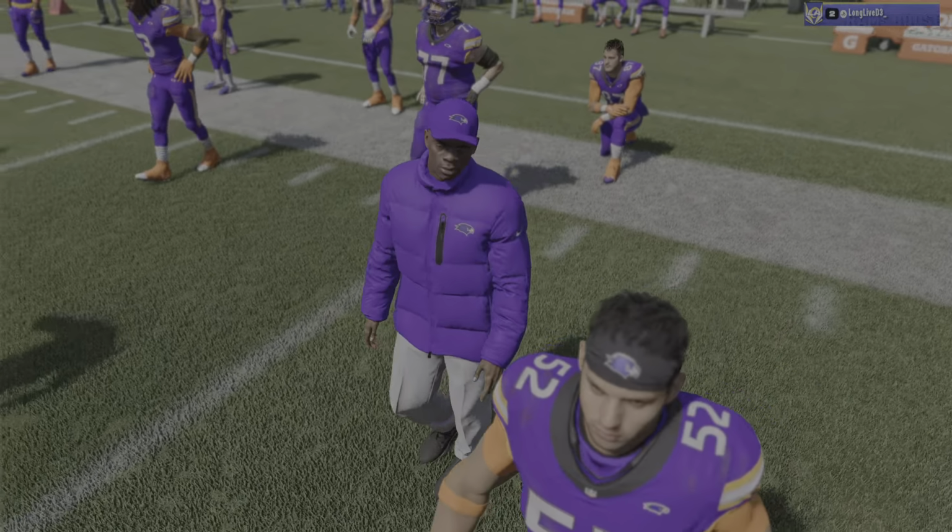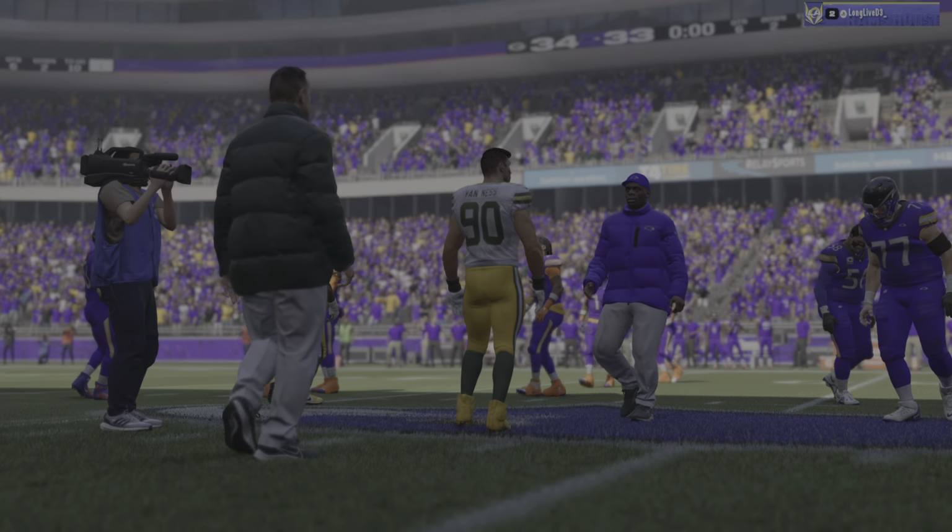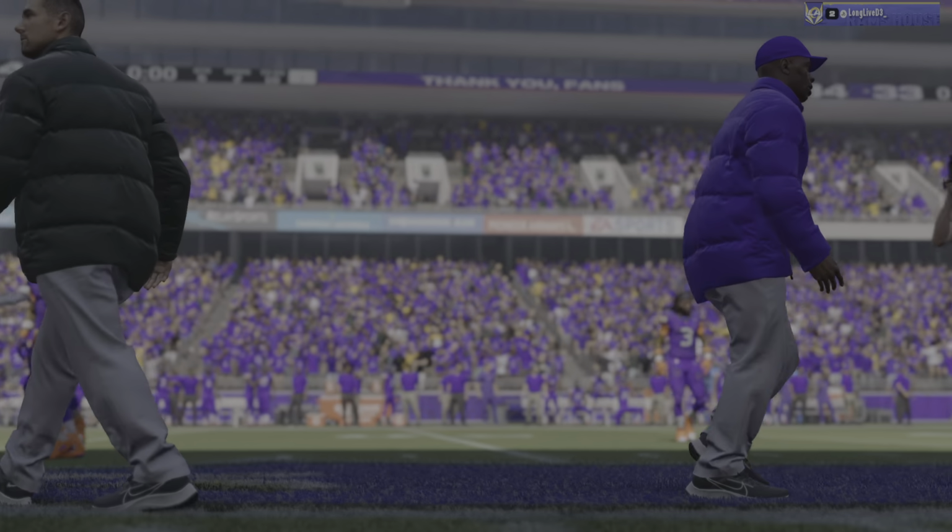On that last play, Charles, they were on the wrong side of midfield. They needed something near a miracle, and they couldn't get it done. Yeah, the effort